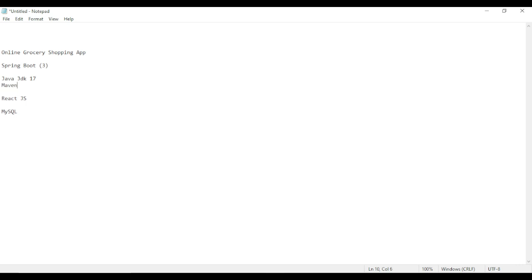Then Maven also we will have to install. Why? For making our build. Then we will get our grocery app jar file which we will run on the server, right? So for making the build we will install Maven. Talking about ReactJS, we will have to install NodeJS on our server, and also we will have to install MySQL